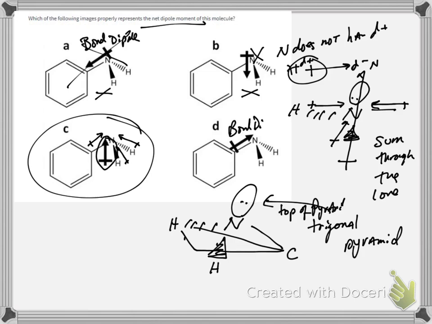And so this is a bond dipole. D is a bond dipole. It's not including the contributions of nitrogen and hydrogen, the 2 NH bonds, which makes D incorrect because what's shown in D is not a net dipole. C is the one that shows that correctly. All right, so